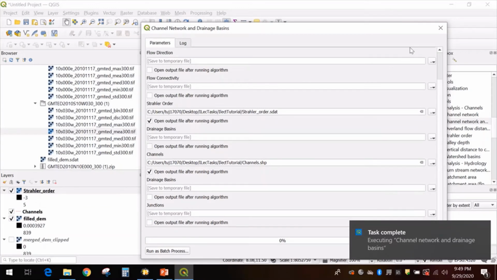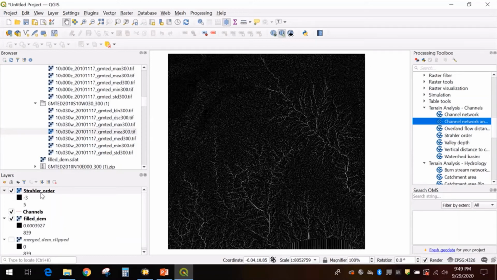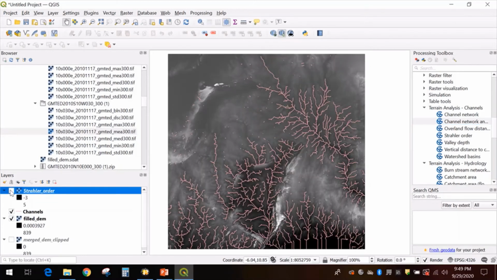All right, so this is complete, and it added these channels and the stellar orders. Okay, so these are the channels. So it doesn't find any river paths like in these areas. Well, it seems like,